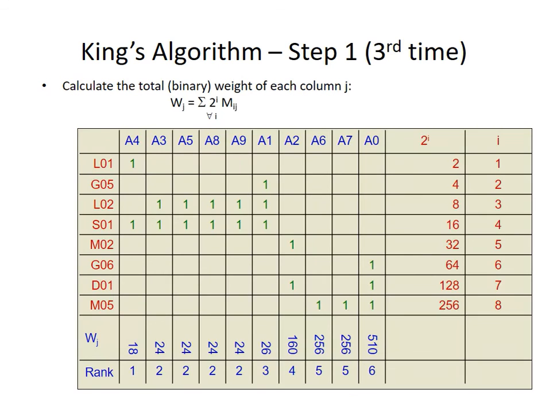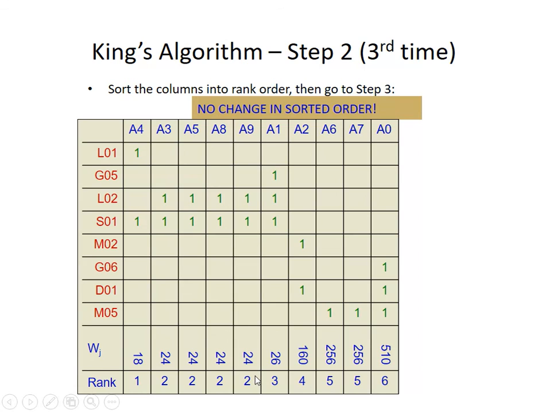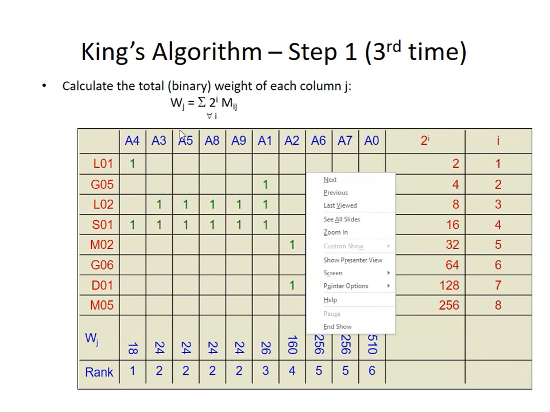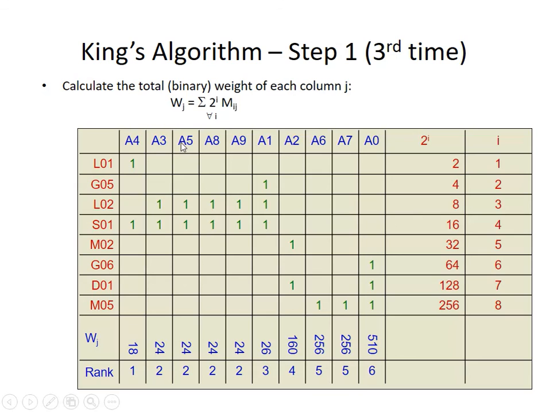And again we have to do the row wise ranking over here, and the same procedure we have to apply. And here also there is change in the ranks, and you can see the ranks are having the same value over here. In this particular case, we need to follow blindly the A3, A4, the same sequence. So there is no change of sequence over here.